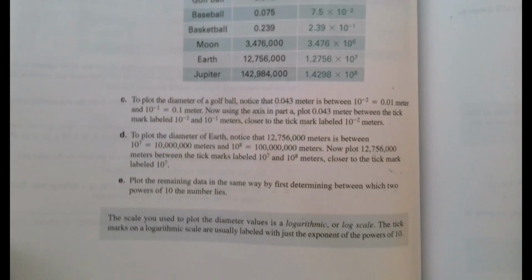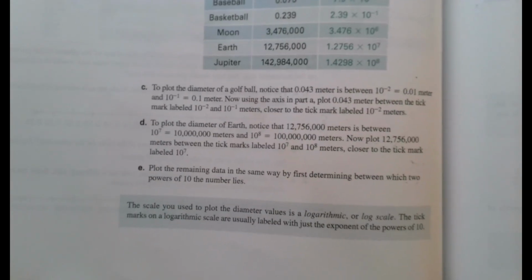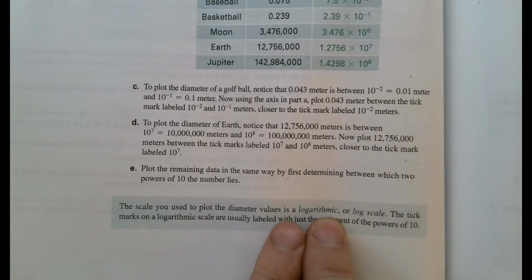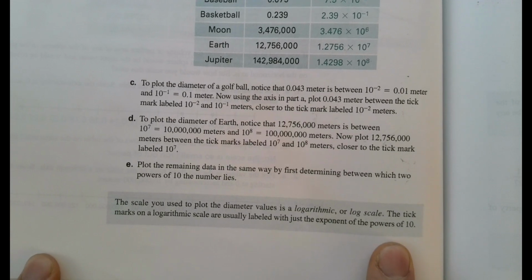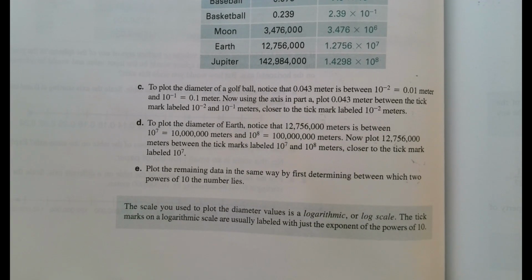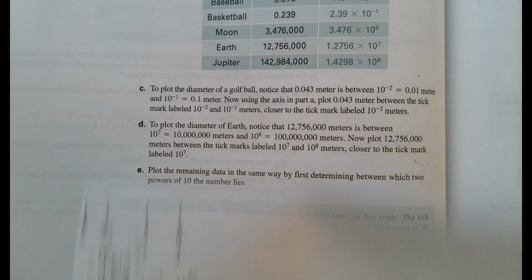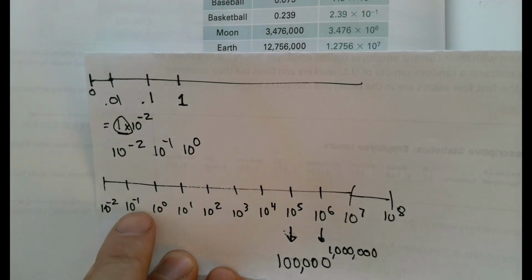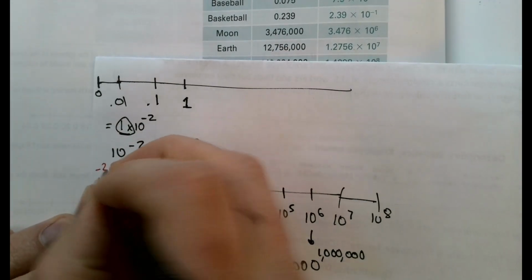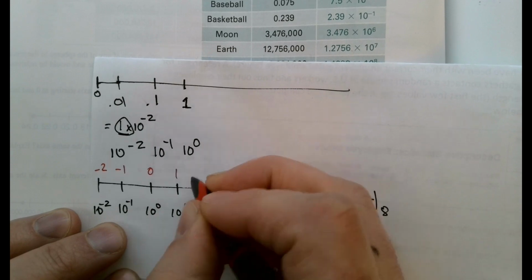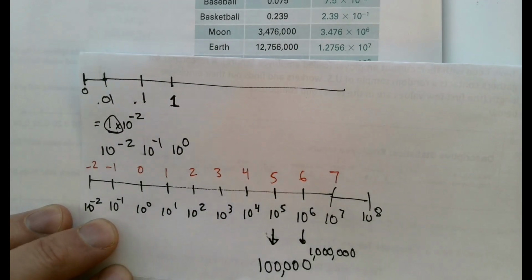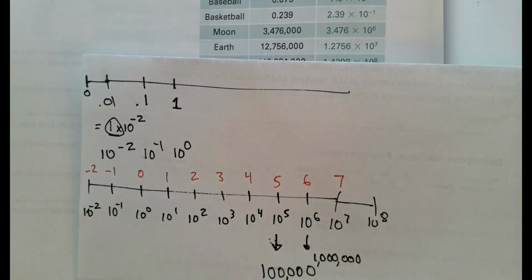So as I mentioned before, what we created in that previous video is what's called a logarithmic or log scale. Those tick marks on the x-axis are usually labeled with just the exponents of the power of 10. So instead of having 10 to the negative 2 and 10 to the negative 1, we relabel all these as negative 2, negative 1, 0, 1, 2, 3, 4, 5, 6, and 7,